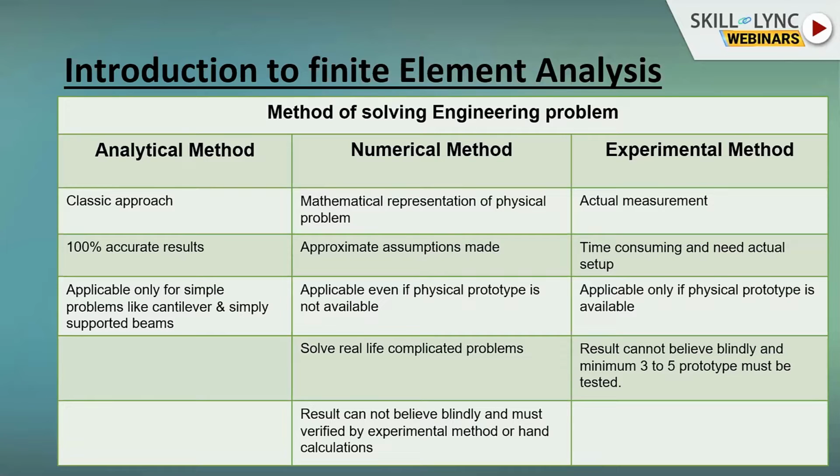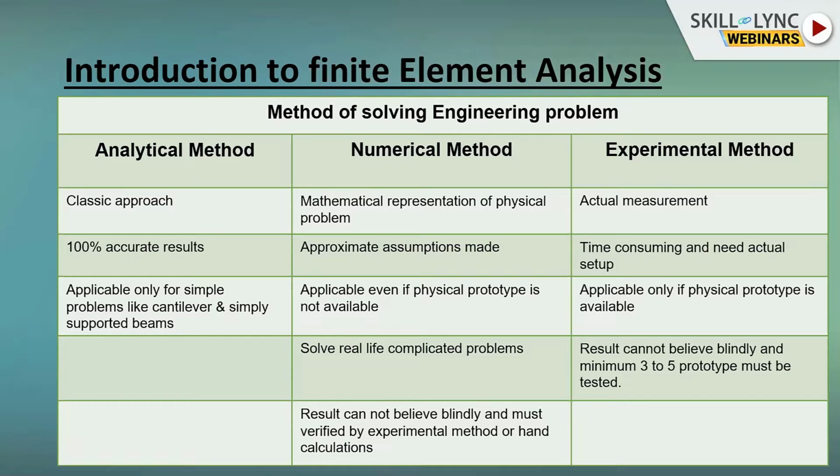Then the third method is experimental method. Experimental method is an actual measurement method which we do in the lab. But it is very time consuming and it needs an actual setup. It needs a lot of prototypes. We need at least 3 to 5 prototypes to test before we can say the results are looking good or trustworthy. We have to at least go for 3 to 5 prototypes, and it involves a lot of cost